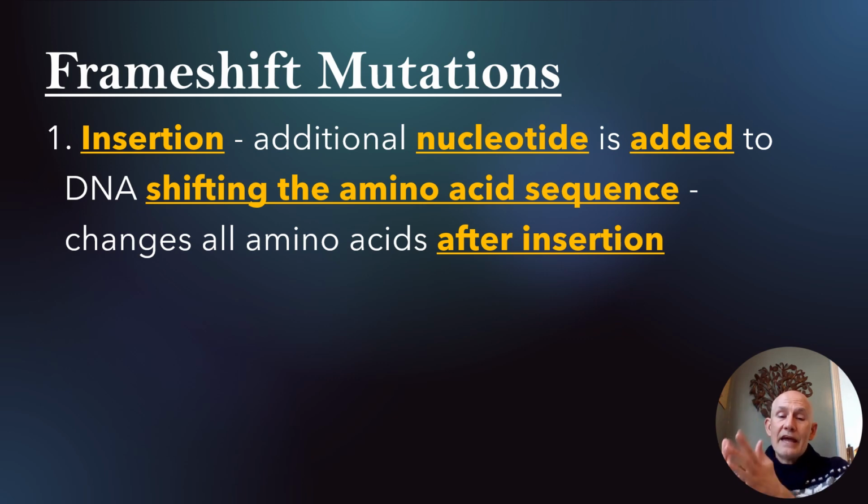Well, you read every 3 letters. So if you've got 12 letters and you lose the second one, well, instead of reading 1, 2, 3, you're now going to read 1, 3, 4. Instead of 4, 5, 6, you would read 5, 6, 7. And so everything just shifts down by 1 nucleotide, if that was a deletion, or one gets inserted, and then everything shifts the other way, and you go from 12 bases to 13 bases, and then everything is just off